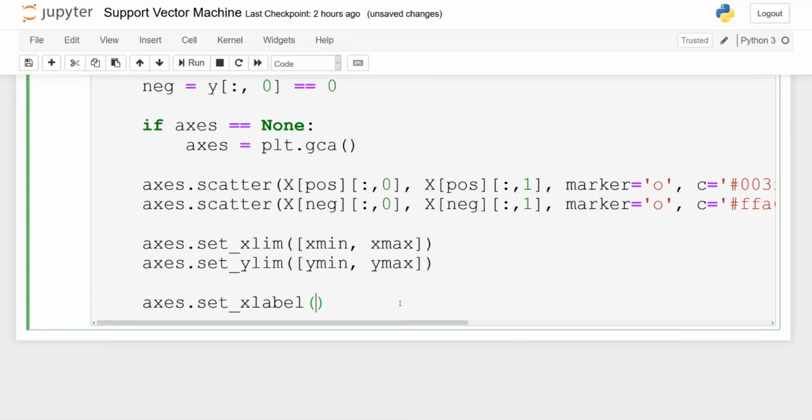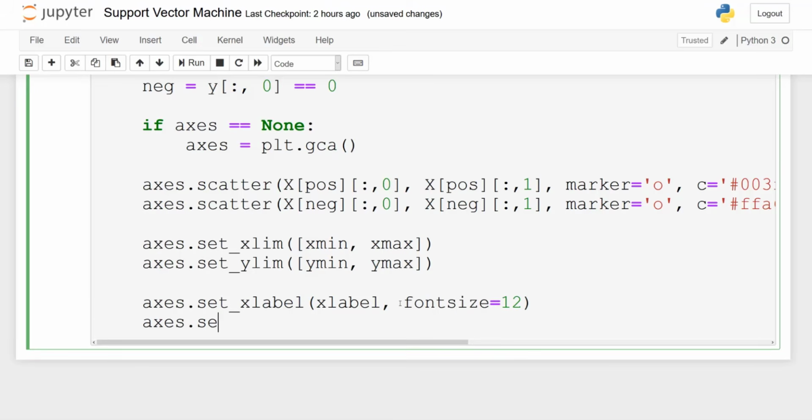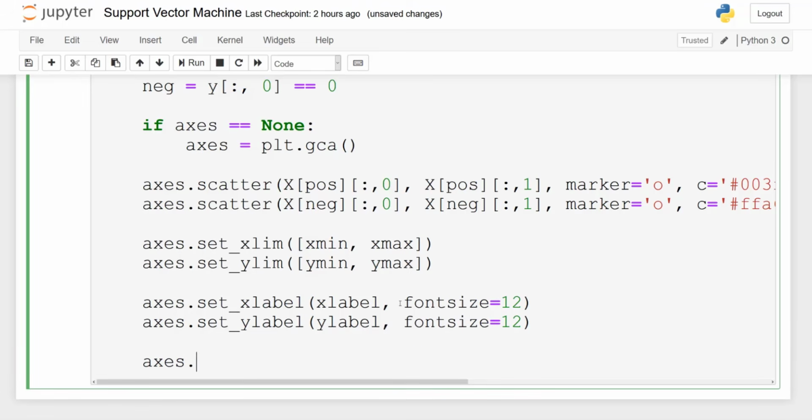Now let's set the label for X. So set_xlabel will be xlabel simply, and we'll specify the font size. I'm going to put it to 12, and you do the same thing for ylabel. So you set_ylabel, pass in ylabel, and specify the font size as 12 as well.